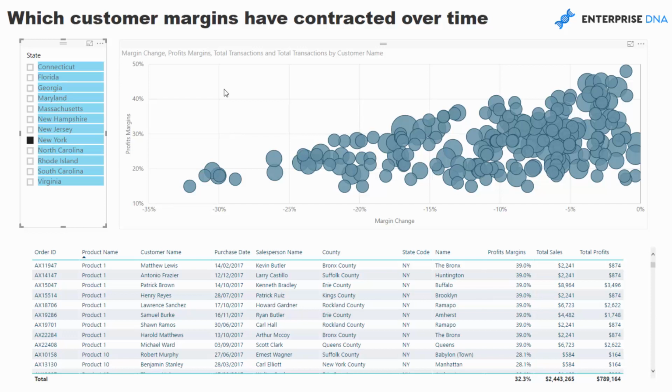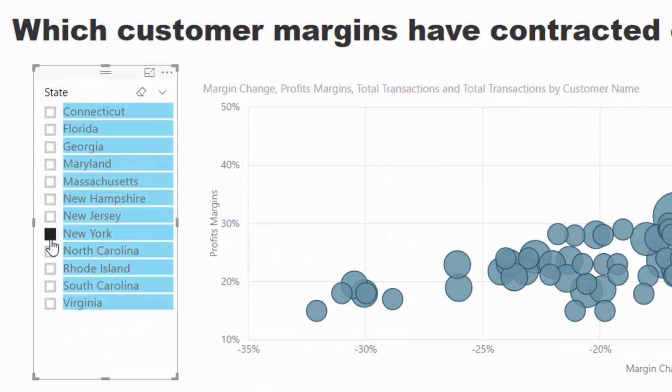And you would think that you would potentially have to write some complex DAX measure to calculate the change in margin, but you don't. You can use some natural filtering inside of Power BI to achieve this insight, or extract this insight from your information. So just as an example of what we're specifically looking at here, I'm filtered for New